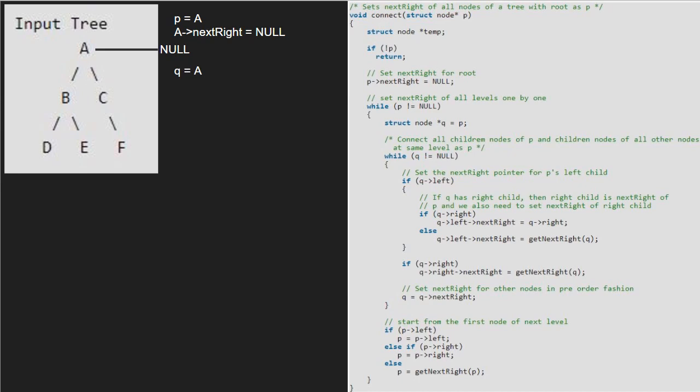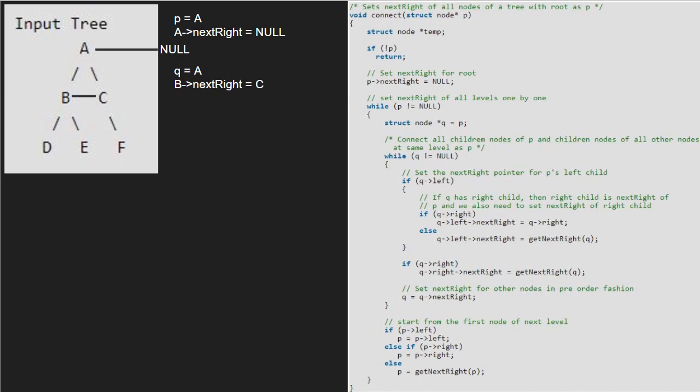As node A has left child equal to node B, the if condition is satisfied and we further check if Q has a right child. As it is true, we make Q's left's next right point to Q's right. So, A's left, which is B, will point to A's right, which is C.